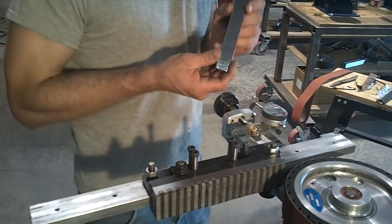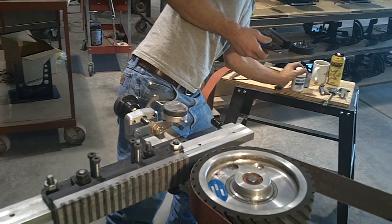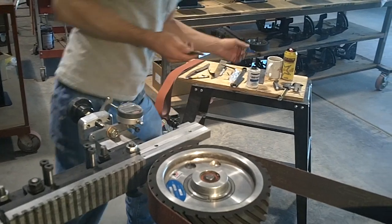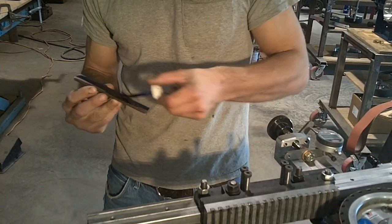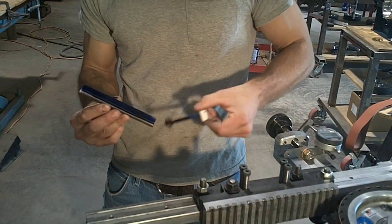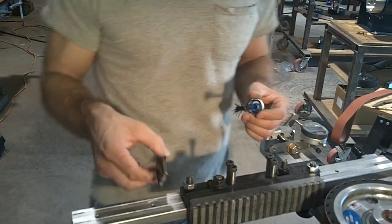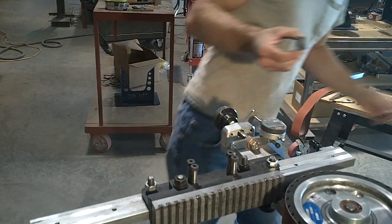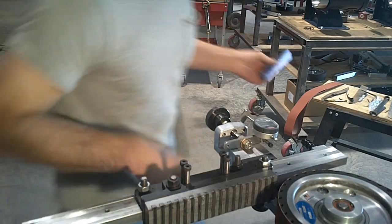To be able to see the taper better, I have some Dykem, and I'm going to paint the stock. Doing both sides right now is kind of a waste, so I'm probably just going to scrape it off when I pull it off the magnet. But anyway, while that dries,